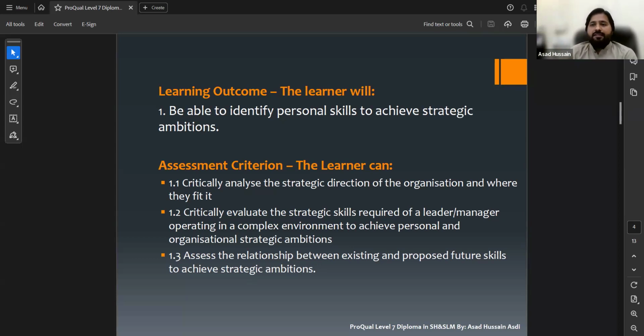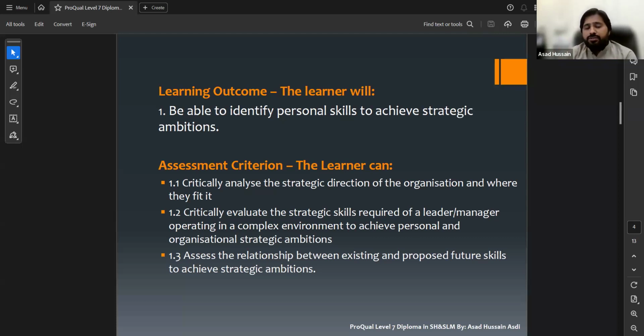Even if the word strategic is missing, a plan coming from the top management for the advancement of achieving their objectives and ambitions will still be enough to support this assessment criteria.